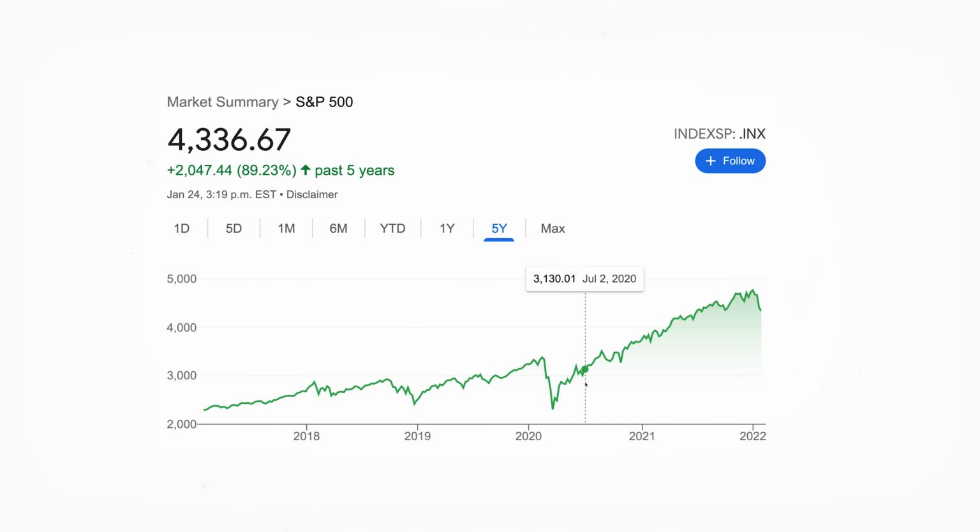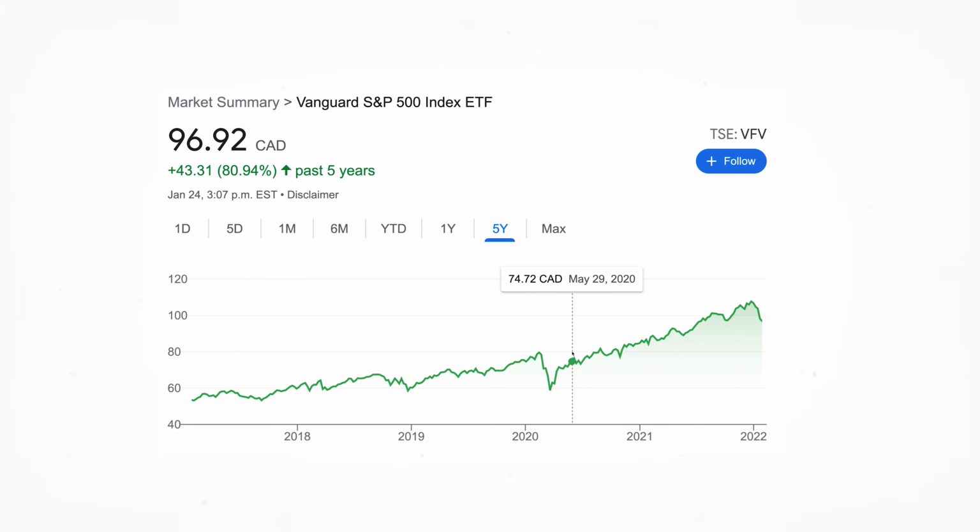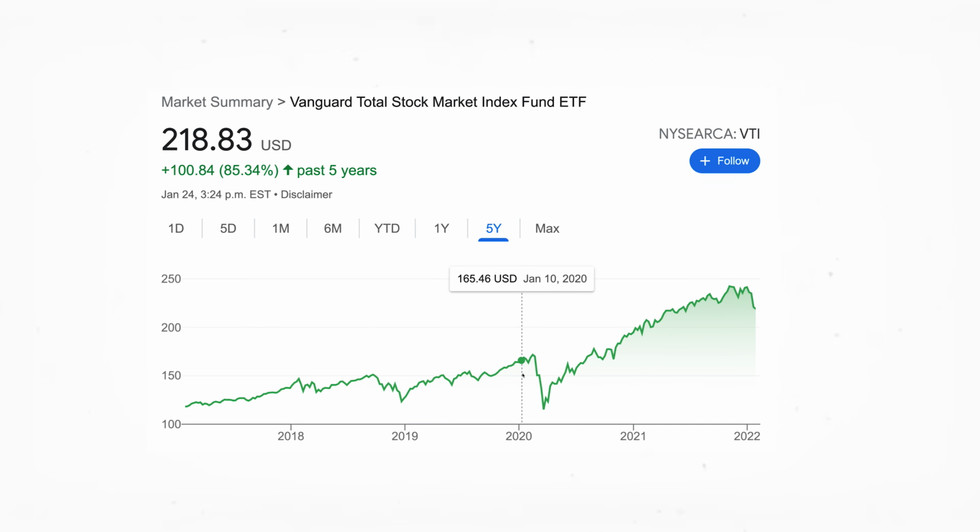Now, when you're investing in these broad market funds, so you're not investing in single stocks or companies, but instead in funds that either track the market or parts of the market, there can be many different types. So for example, on this channel before, you've heard us talk about the S&P 500, which is a very popular one. There's funds like VOO and VFV that specifically track the S&P 500 or those 500 largest companies in the US. Now, on the other hand, there's also funds that'll track the total stock market. So ones like VTI or VUN, those two funds specifically track the entire stock market, but again, just the US